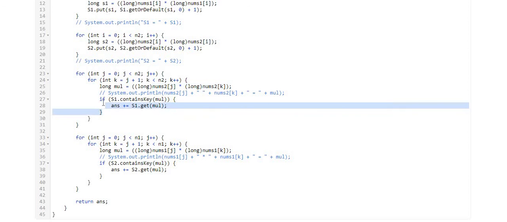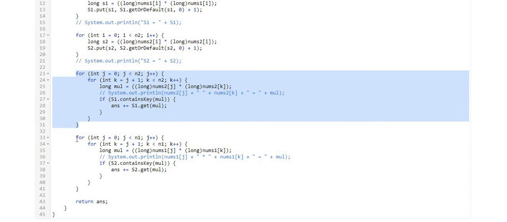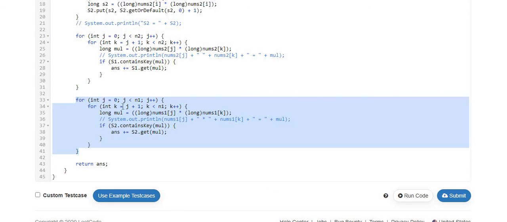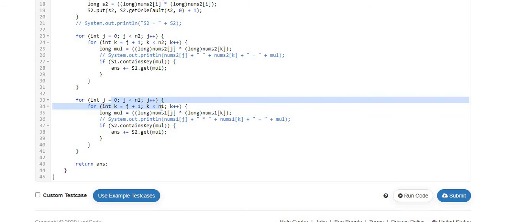That's the simple trick we need to perform for the nums1 array, and the same for the nums2 array. First we iterate through the nums2 array, collect the pairs and check against hash map 1. Similarly we do it by collecting the pairs from nums1 and checking whether the product is already present in hash map 2. If it is present, then every time we increment the count by how many times it is repeated in that particular hash map, and finally I am displaying the answer.